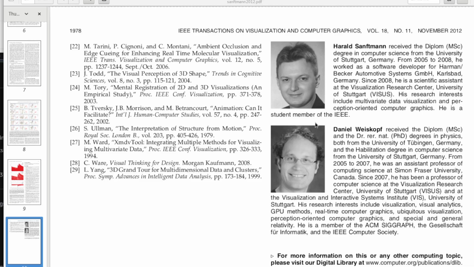For more information on this or any other computing topic, please visit our digital library at www.computer.org/publications/dlib. 3D Scatterplot Navigation. Harald Sanftmann, Student Member, IEEE, and Daniel Weiskopf, Member, IEEE Computer Society. Abstract: For 3